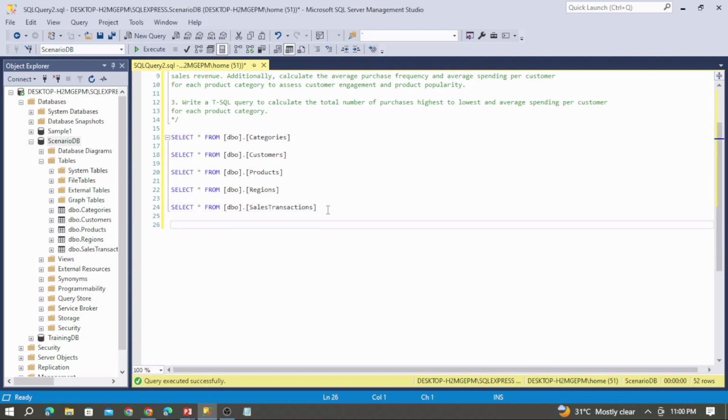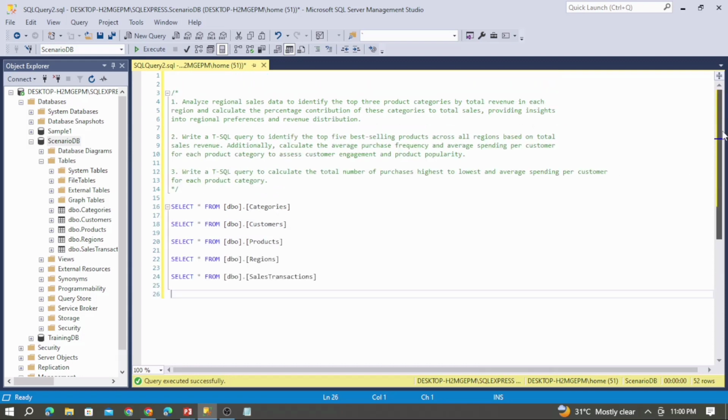So based on these 5 questions available for us, let us solve this question. We are going to analyze region sales data to identify the top 3 product categories by total revenue in each region and calculate the percentage contribution of these categories to total sales, providing insights into regional preferences and revenue distribution. For this, first let me filter out the